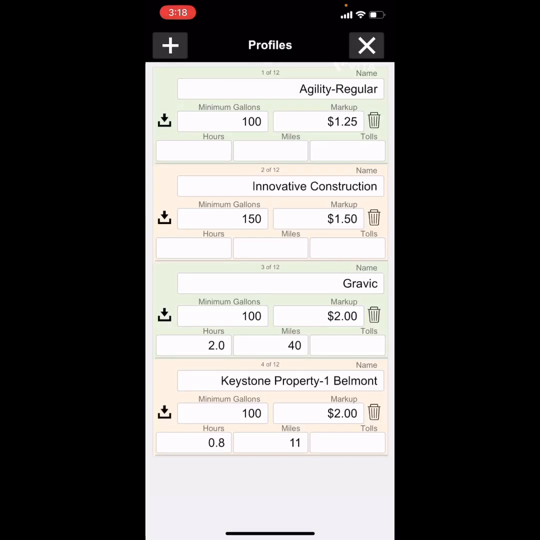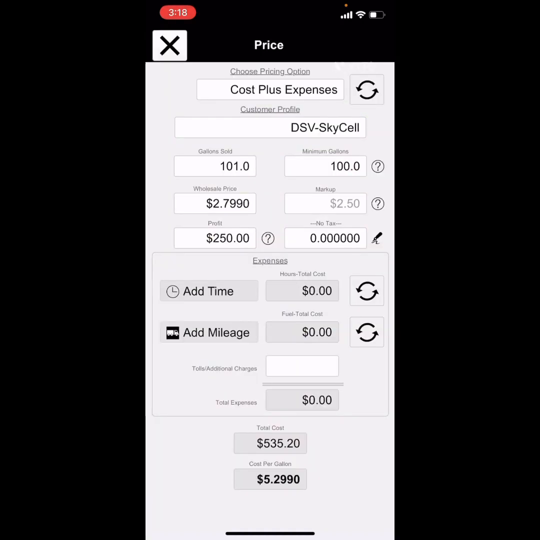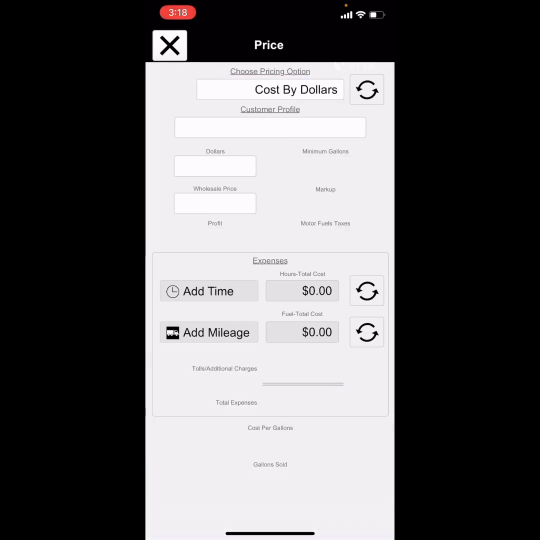Right here you have a customer drop down. You can pick customer profiles or make a customer profile, and that's going to be your cost plus expenses. And there's also a cost by dollars, or if someone says I only have $800 to spend, you put in your minimum price, your minimum gallons, your wholesale price, and it'll spit out how many gallons you would sell to